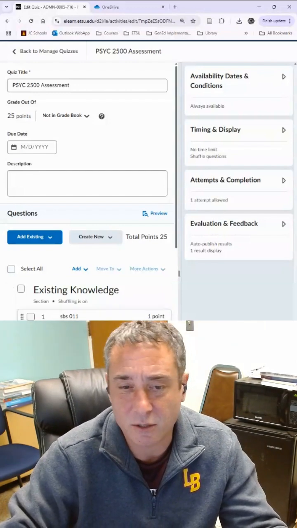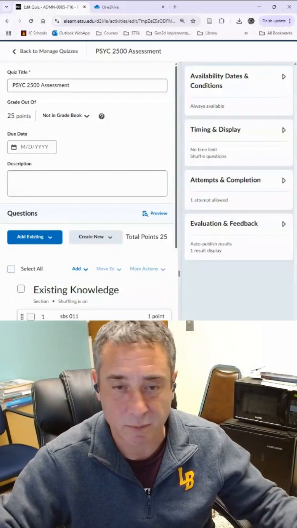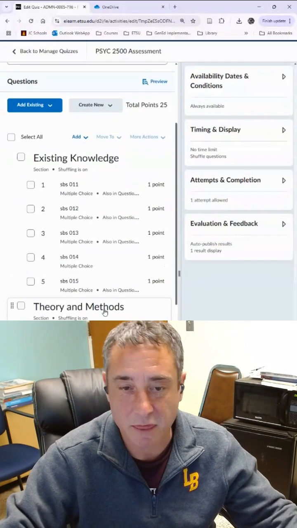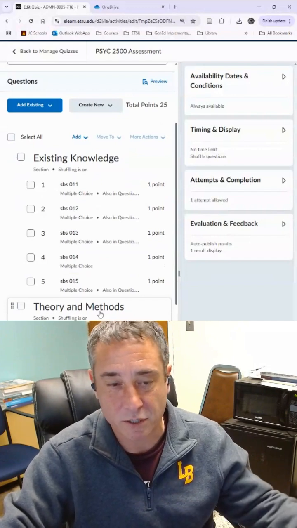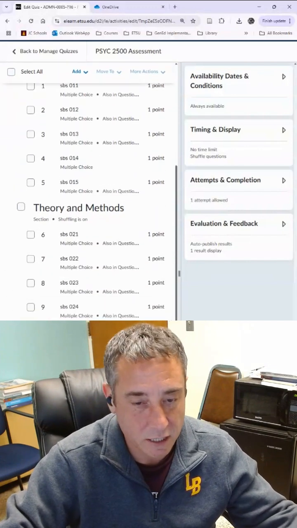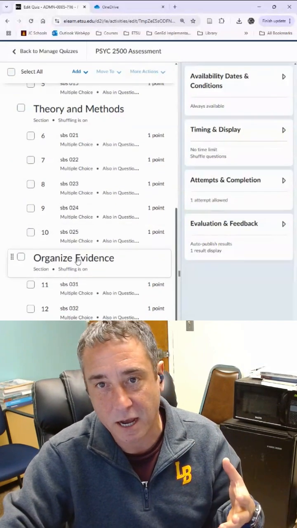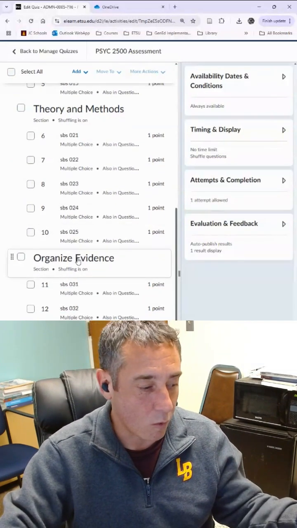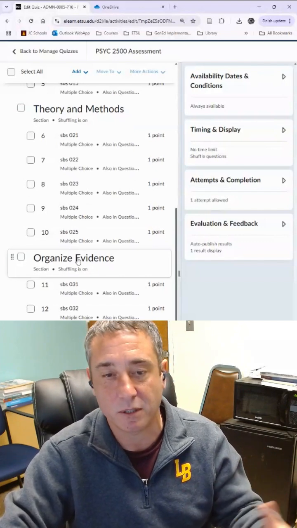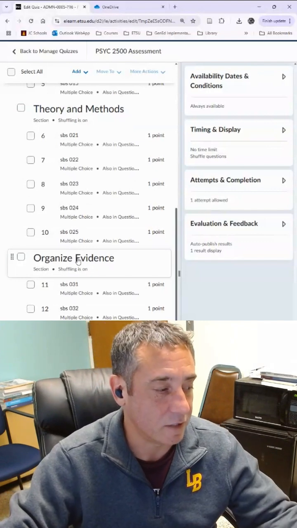Existing knowledge includes questions about basic information. I'm sure every discipline has their own set of expectations on the existing knowledge. Theory and methods: we have all kinds of stuff about research design and how to do behavior analytic designs that include replication. You don't care about that, it's fine. Organize evidence: this is a little bit higher level, but what are the relationships between, like, stimulus control and the Premack principle and a bunch of different things that are a little bit higher level in terms of evidence